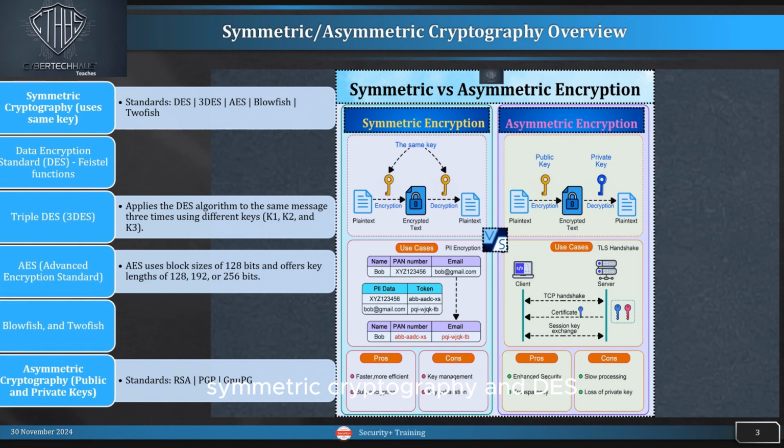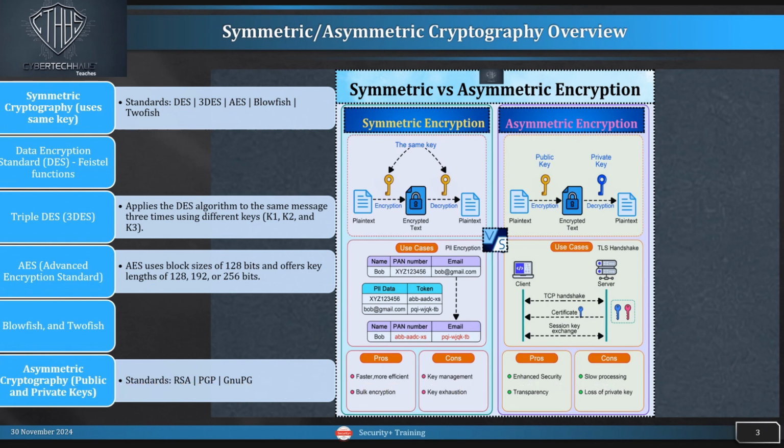Symmetric cryptography and DES. Symmetric cryptography uses the same key for encryption and decryption. One of the most famous examples is Data Encryption Standard, DES, developed in the 1970s to standardize encryption for government use. DES was a big step forward because agencies used different, often untested algorithms before it, creating security gaps and